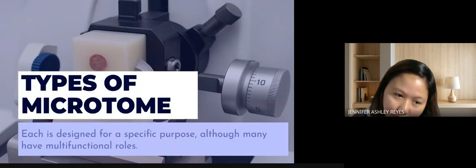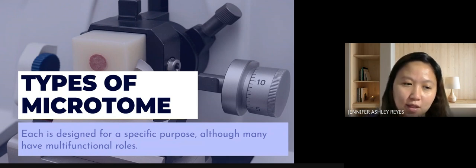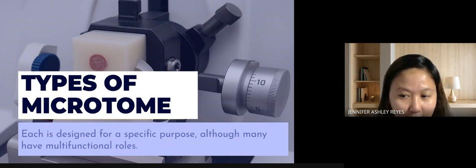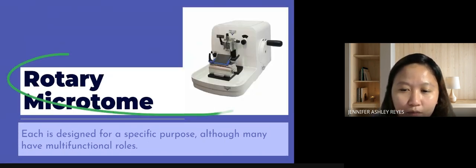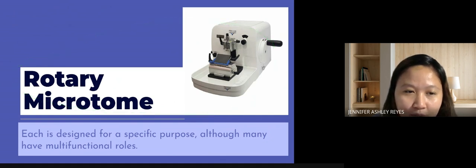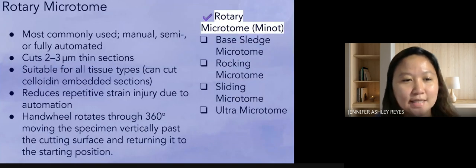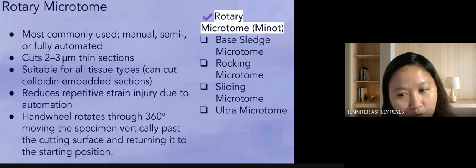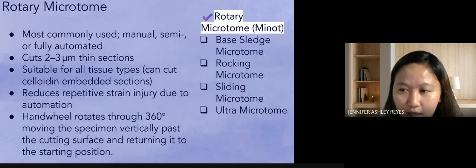Okay, so let's go and discuss the different types of microtome. Memorize this, the types of microtome, because these are your best friends, especially in exams. Okay, rotary microtome. Rotary from rotation. So this is the most commonly used microtome. It can either be manual, semi-automated, or fully automated. It is rotary because it has a 360 degrees rotation